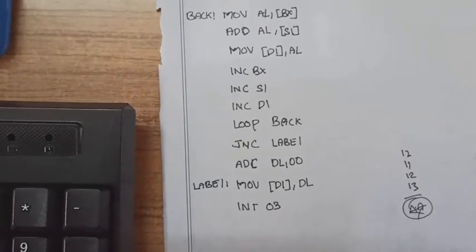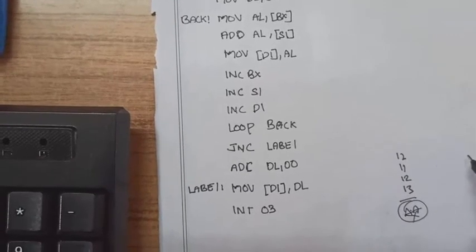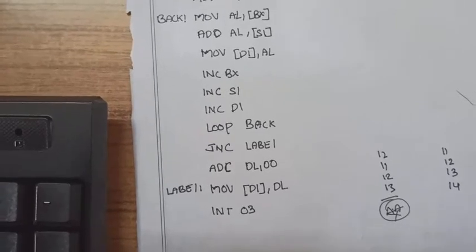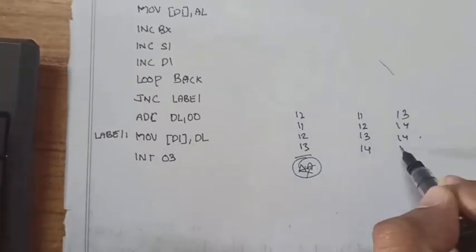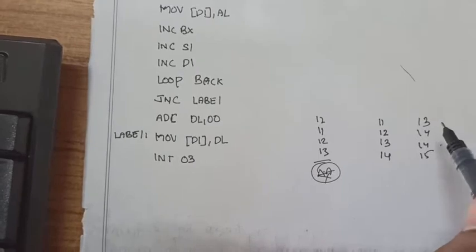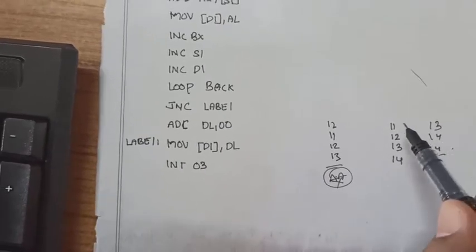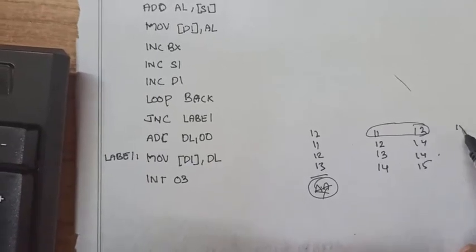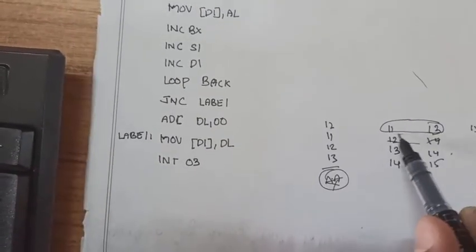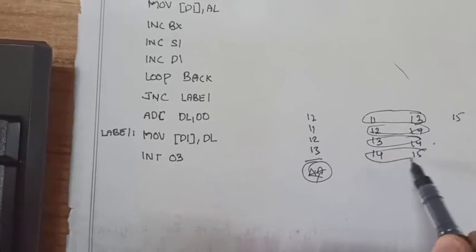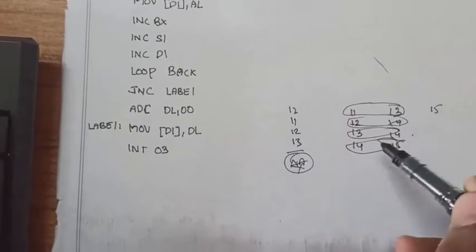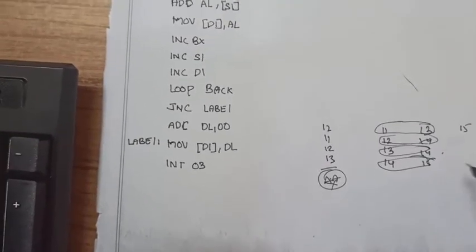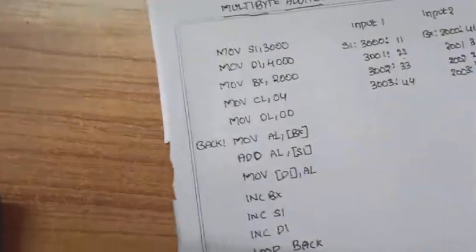Here we are going to take two inputs, one input like this and another input like this, and we want the addition to happen between multiple bytes. First these two get added and the result should be stored somewhere, then these two bytes, these two bytes, likewise multiple bytes we are going to add in this program. That's why it is called multi-byte addition. Let us see the logic here.